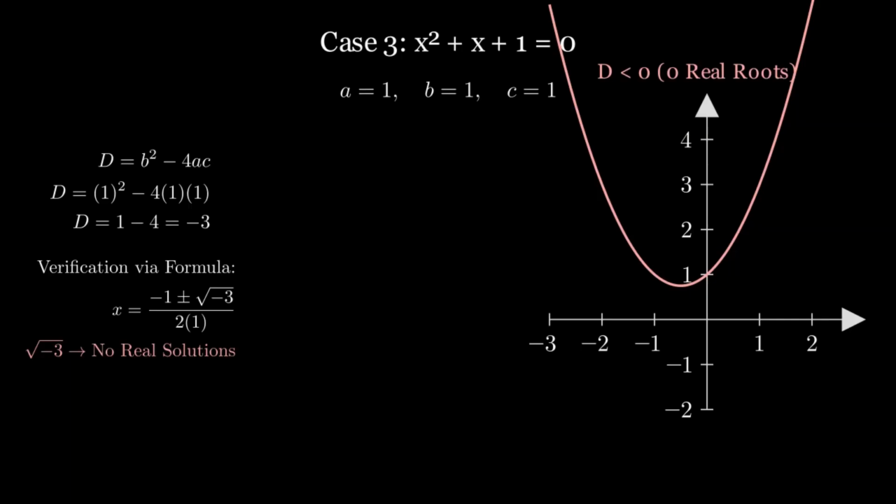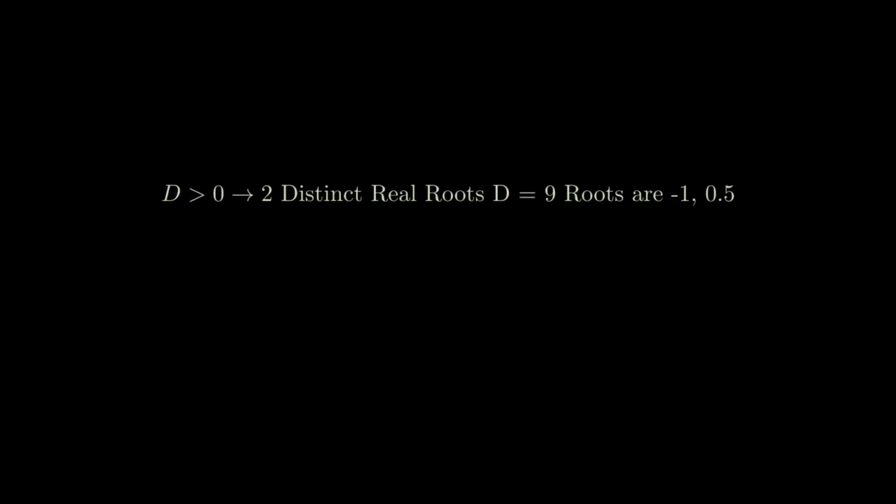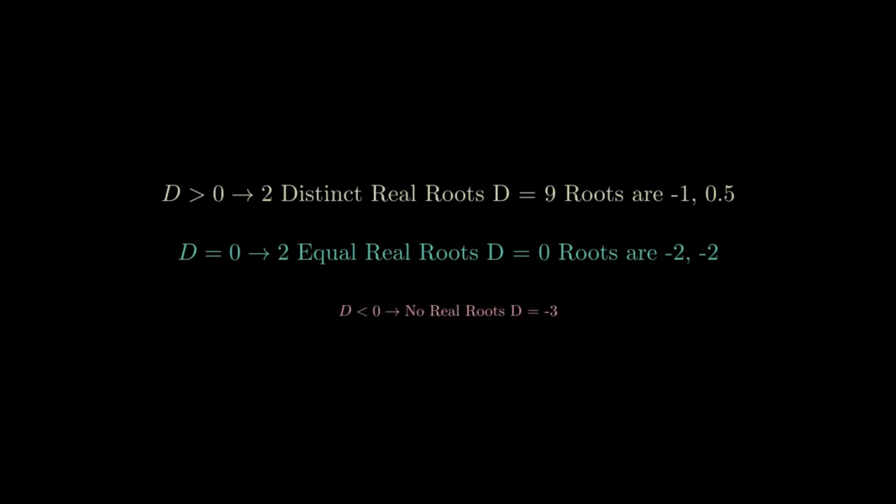Now let's see the recap of all three natures of the roots. Here we can see that when D is greater than 0, we have two unique roots, and when D is equal to 0, we have one repeated root, or two equal roots, and when D is less than 0, we don't have any real roots. I hope you have understood the concept of finding the nature of the roots, and with the help of this we can assess what kind of answer we will be getting if we know the nature of